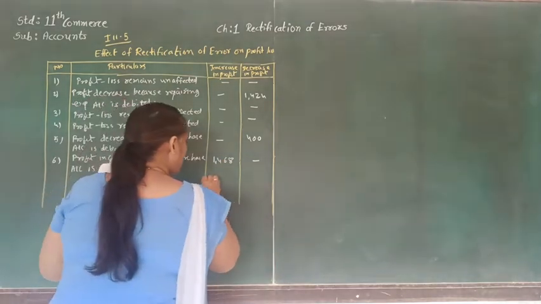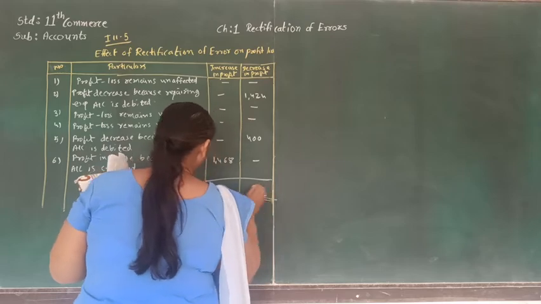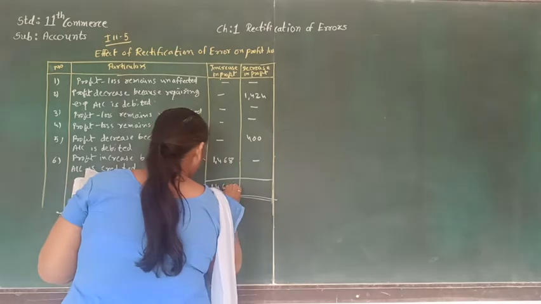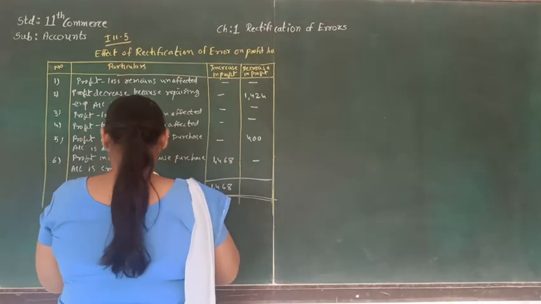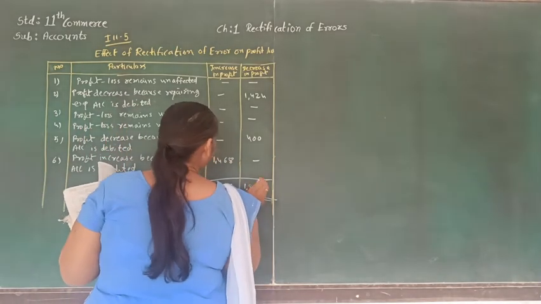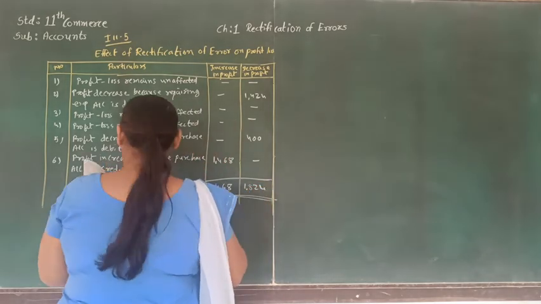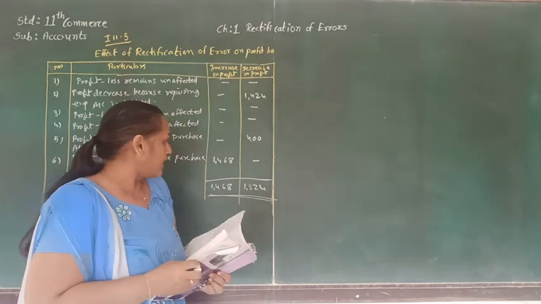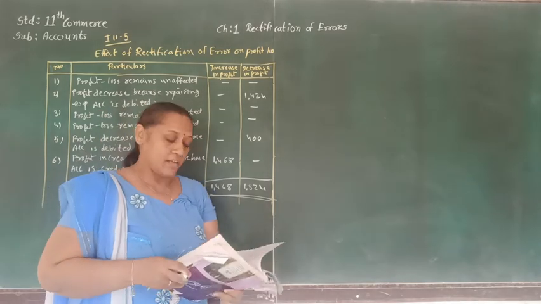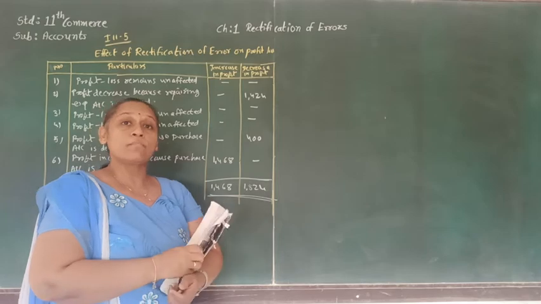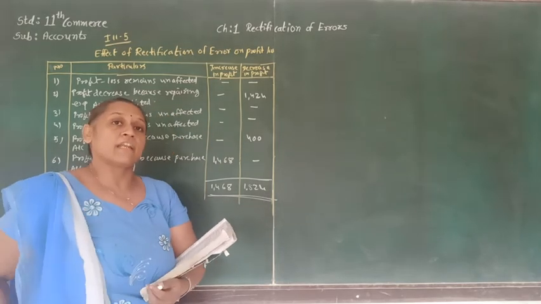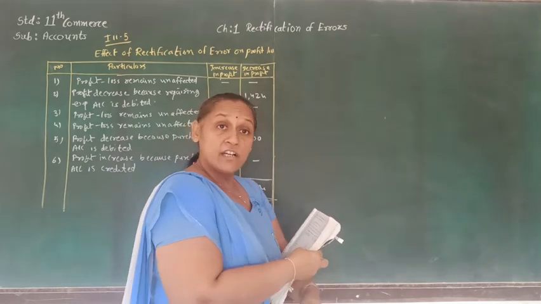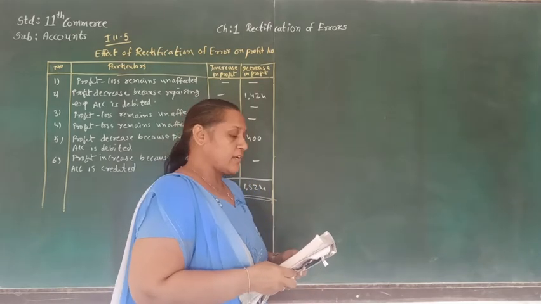Now let's make the total of these two sides. So here you can see that on the increase side there is 1,468, and in the decrease there is 1,824. So because of this, the profit is going to be decreased by 1,824. So now let's make the total of the profit, as it is given in the sum, and the profit of the year 2014 before rectification was